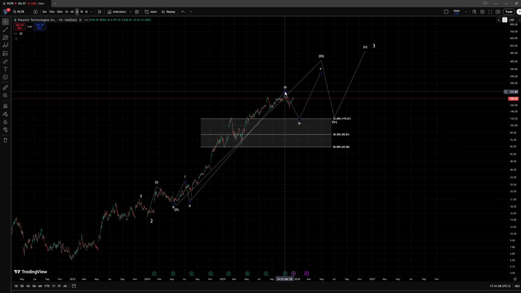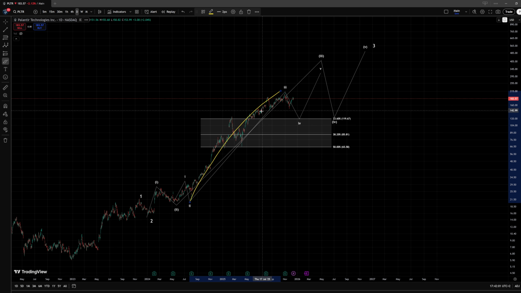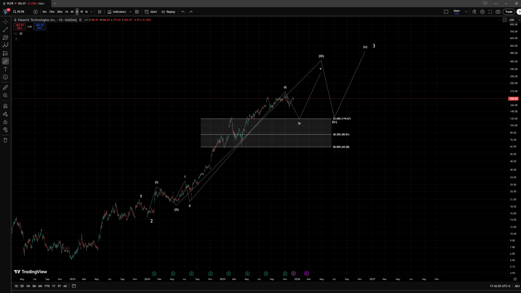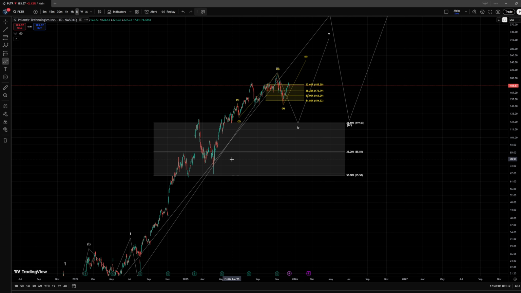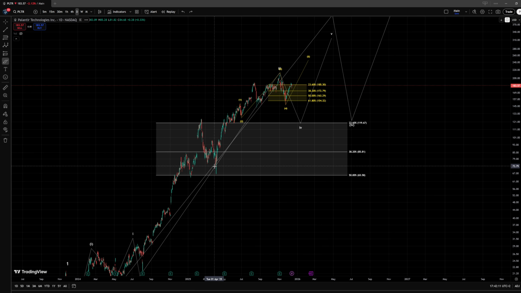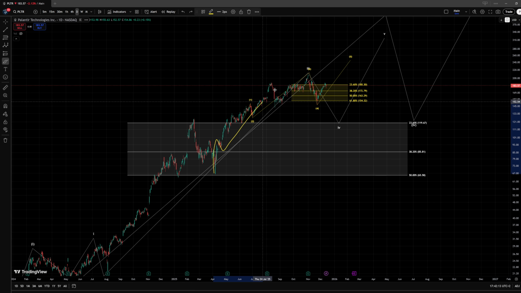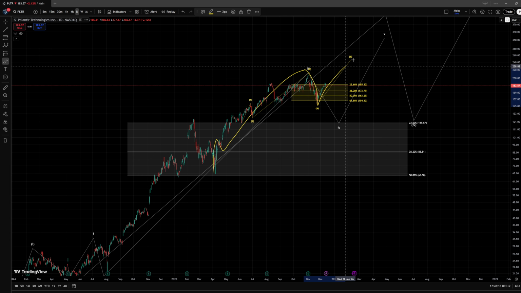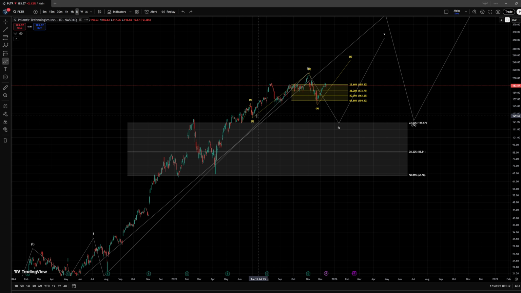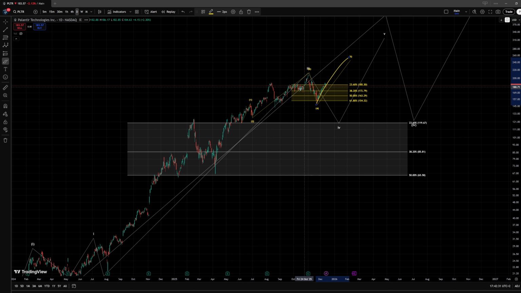Now, with that said, within this structure to the upside, we are still tracking possible extensions higher in a yellow interpretation in this area, where there are actually multiple ways in which we could be tracking this structure. In fact, I could even consider that this is a 1, 2, 3 that has possibly even already completed, and we may get here a larger fourth and a fifth. It is possible for us to even go lower while still tracking continuation higher, but right now I am actually still investigating the possibility of a direct extension internally in this area, where we may build an internal 5-wave move